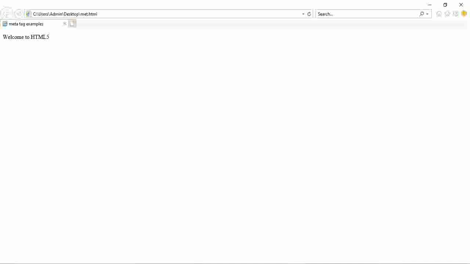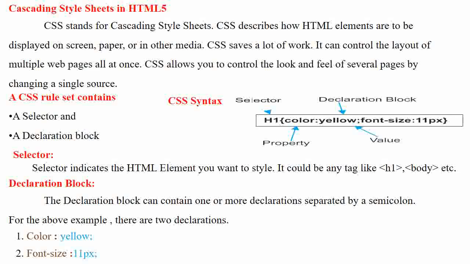Now we will see cascading style sheets. Cascading style sheets in HTML5. CSS stands for cascading style